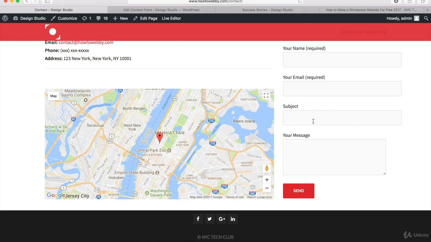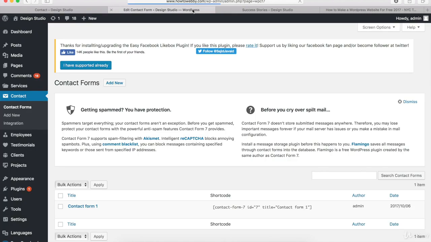So one thing before we move on to the last big page that we're gonna make together, what happens if a visitor writes you a message and clicks send? So let me show you. On the WordPress dashboard over here, I'm on the contact forms page. So I hovered over contact and clicked on contact forms. And then if you remember, we have the contact form right here. So if I click on this link,